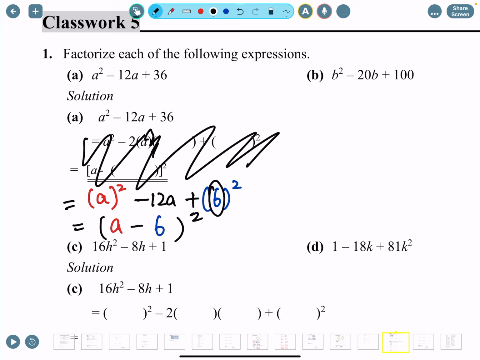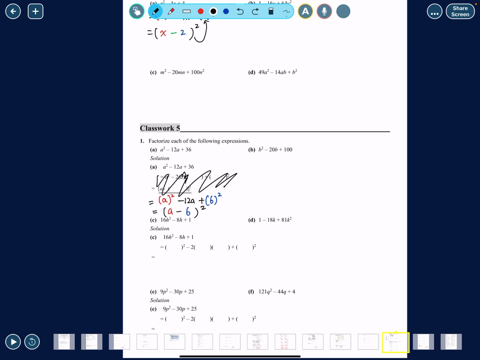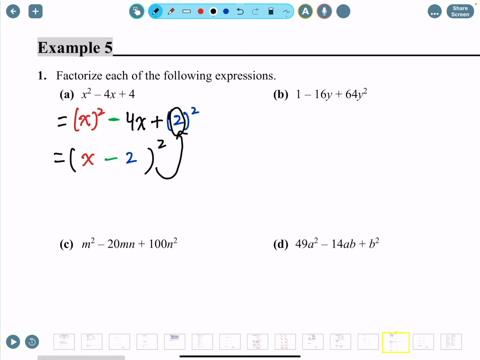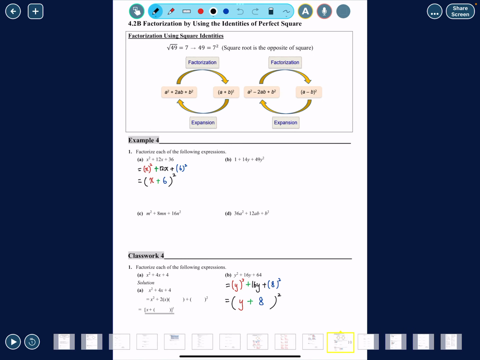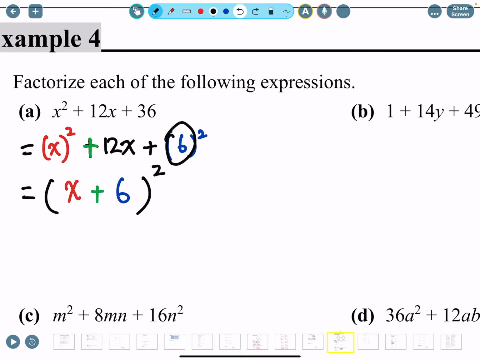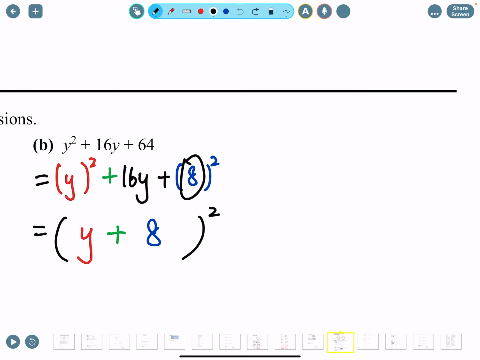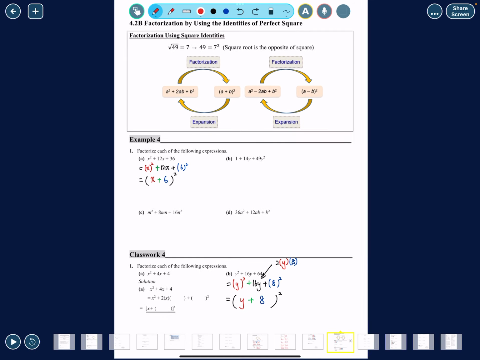So double check if 6 times 2 equals 12. It is. And then you can also double check my step earlier. 2 times 2 is going to be 4, so this is actually the identity. 6 times 2, 12 as well, right? And then 8 times 2, 16. Because you have to match this one, basically. We're skipping the middle step. This one is supposed to look like 2 times y times 8, right? 2ab, remember? So 2 times 8 is 16. So it kind of makes sense. All right, so that's it for